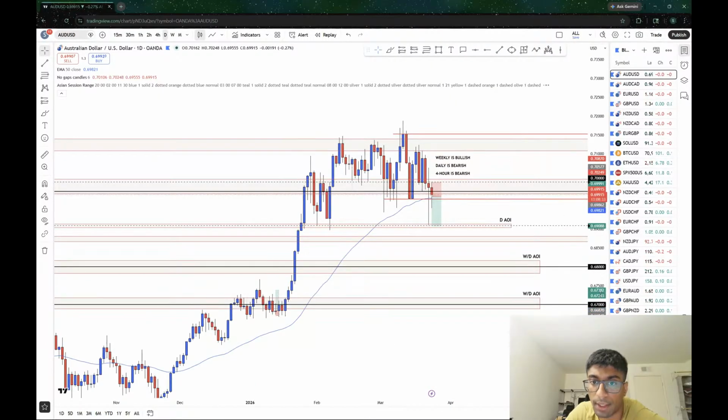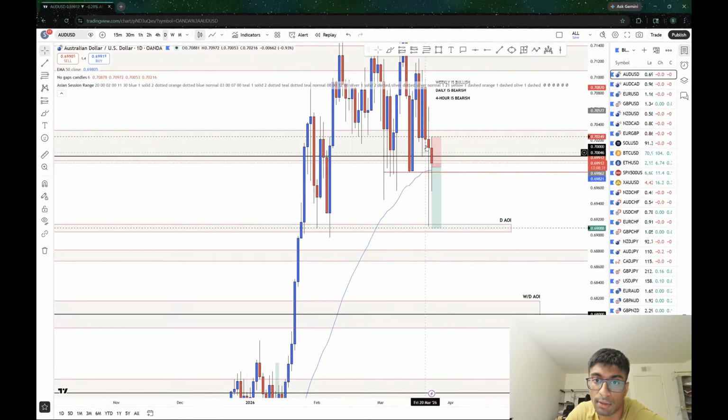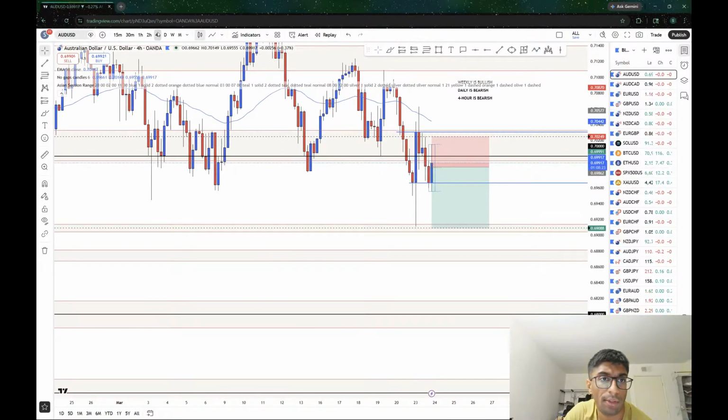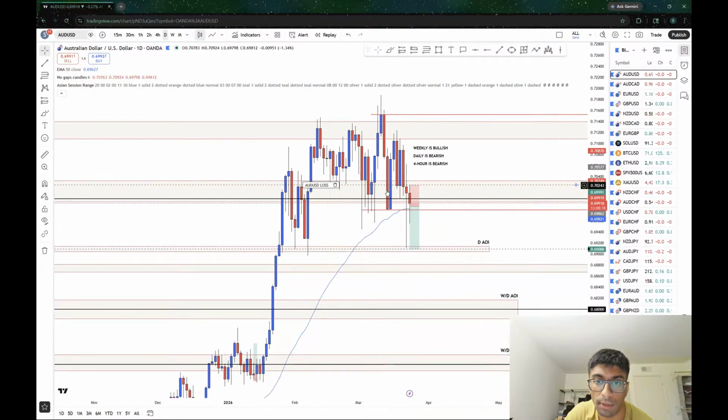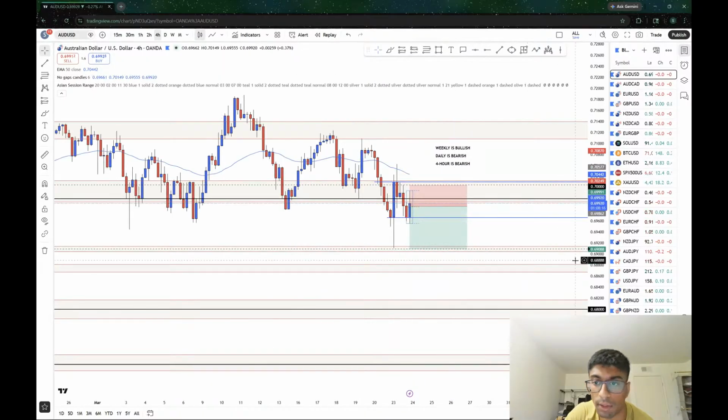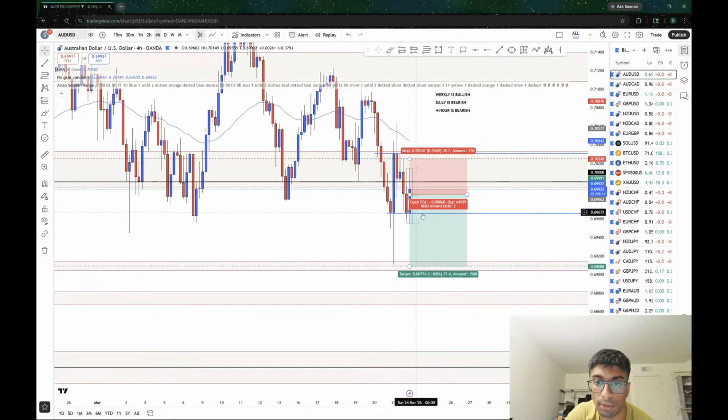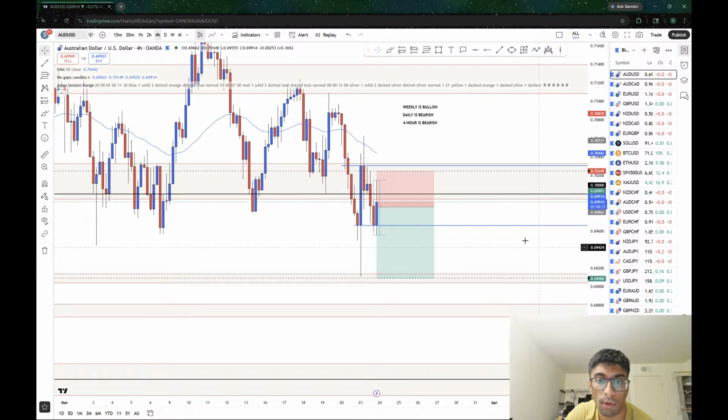If you look at the daily, it gave me a rejection from the previous day. And the other thing is it's all bearish. Daily went bearish over here. If you look at the 4 hour, 4 hour is itself bearish. So,